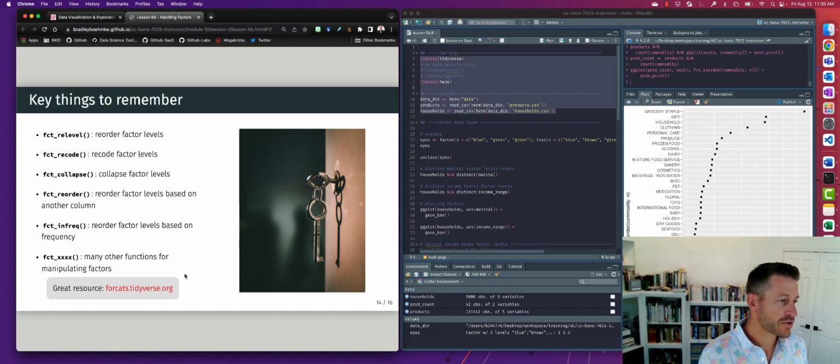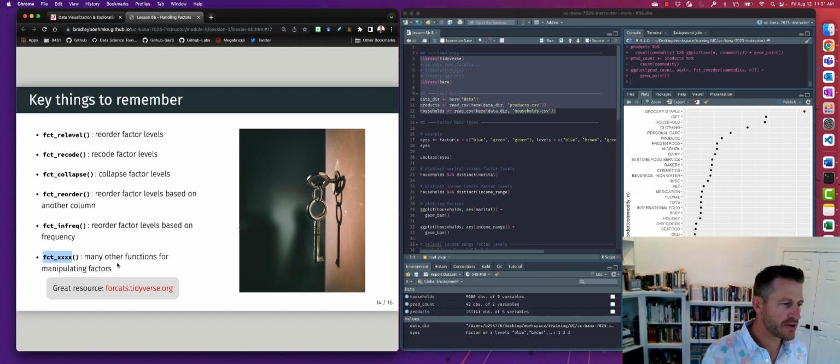I can do fct_reorder, especially when I'm plotting, and that allows me to reorder factor levels based on another column. And then you saw fct_infreq and also fct_rev to change the ordering of the factors based off of the frequency. And there's several other types of factor functions, all having the same pattern